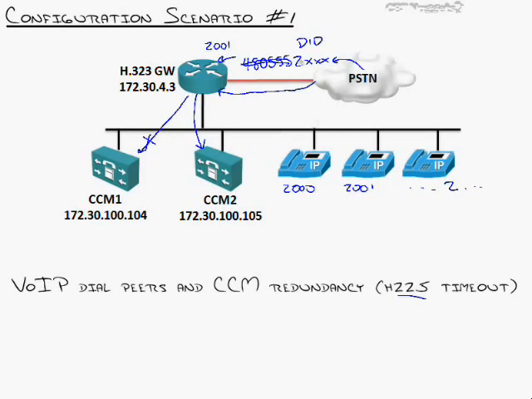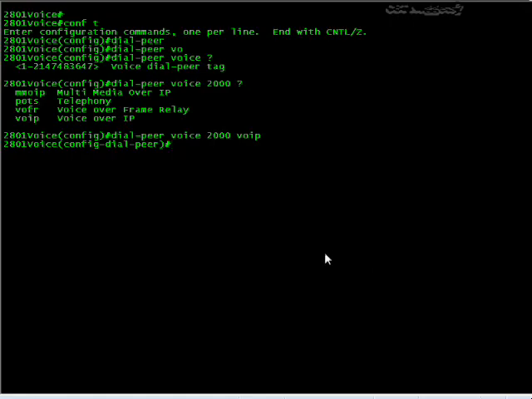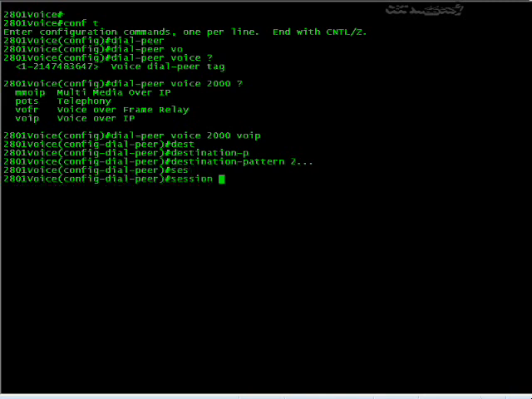Now, we'll talk later about what if they don't give you the stripped number? Can you strip it on the router? And the answer to that is absolutely you can, and more on that later. So once I receive that 2XXX call, I'm going to say that destination pattern is going to be routed over to the session target ipv4, and this will be the call manager's IP address,